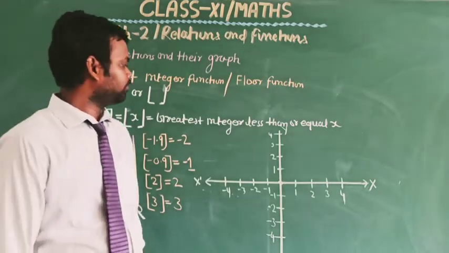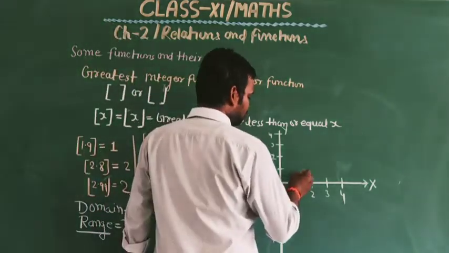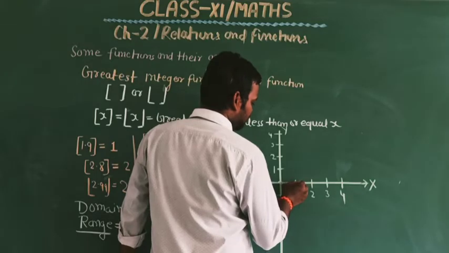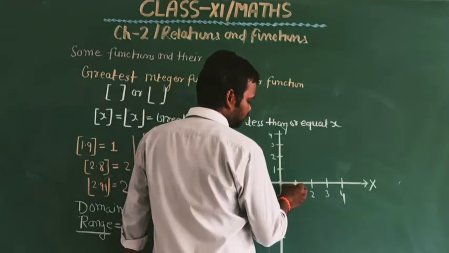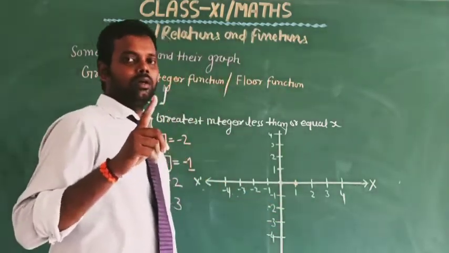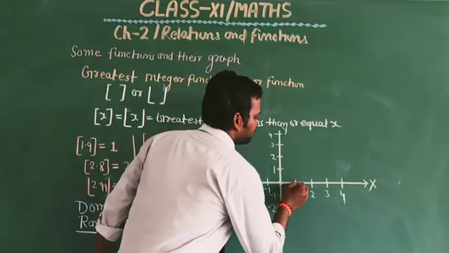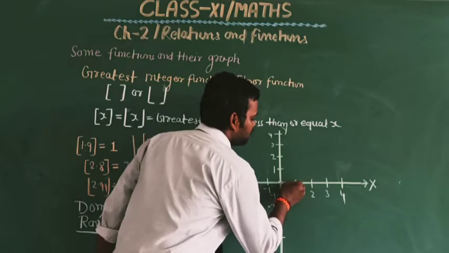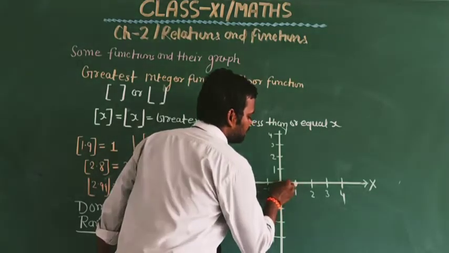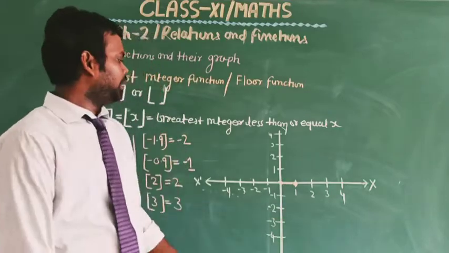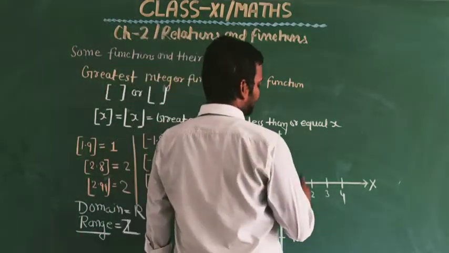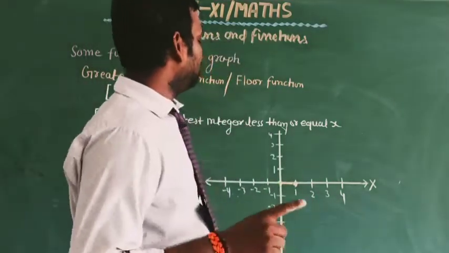Okay, and at exactly 1 it is equal to 1. So at 1 we make a hole and draw the graph here as a straight line. Okay,